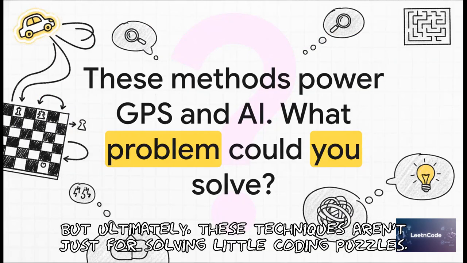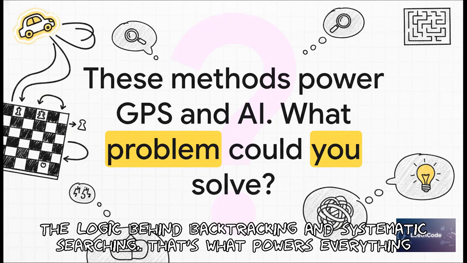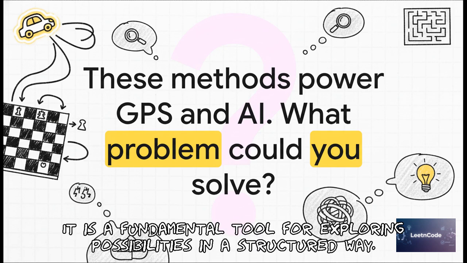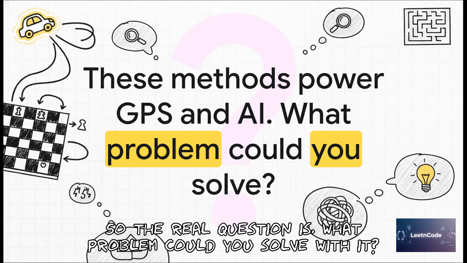But ultimately, these techniques aren't just for solving little coding puzzles. The logic behind backtracking and systematic searching, that's what powers everything from your GPS finding the best route to an AI playing a game of chess. It is a fundamental tool for exploring possibilities in a structured way. So the real question is, what problem